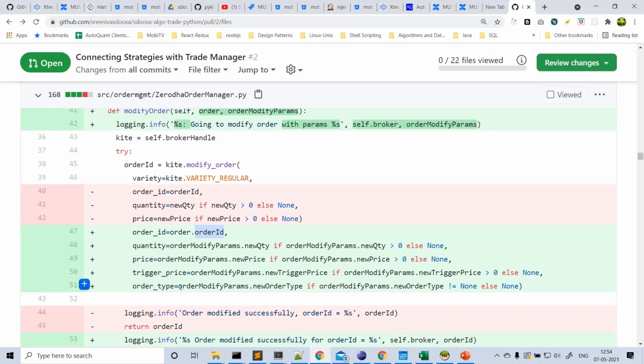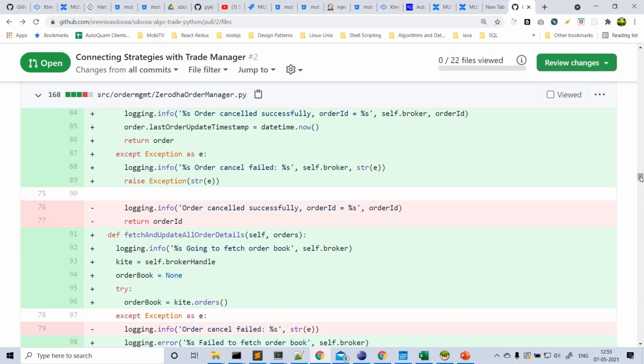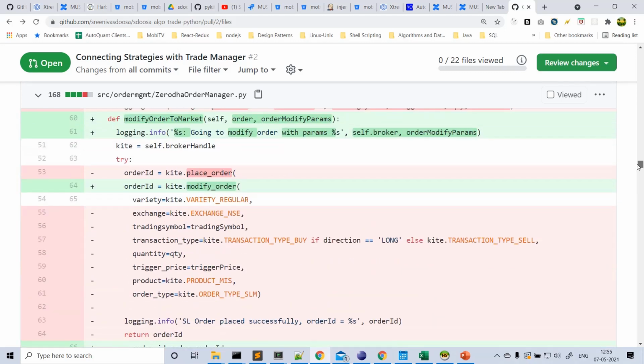And what is this order type? In Zerodha, you can also change the order type along with the modify order API call, but it's not allowed in Fires. In case of Fires, for this new order type, don't send anything when you call this. But in case of Zerodha, let's say you have some SLM order. You want to change that SLM to just a limit order, or you want to change the limit order to SLM order. Both are possible in Zerodha, but it's not possible in Fires. So in that case, you can change the order type as well using modify order. So modify order is also done.